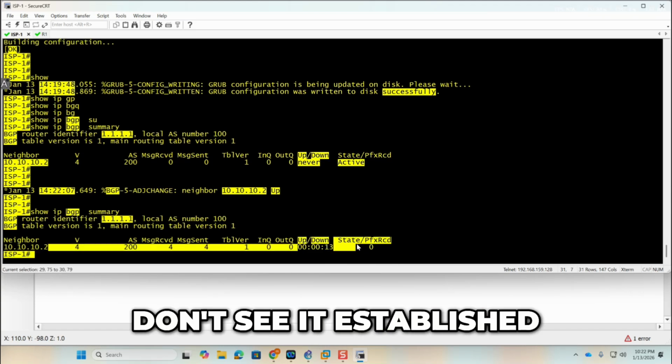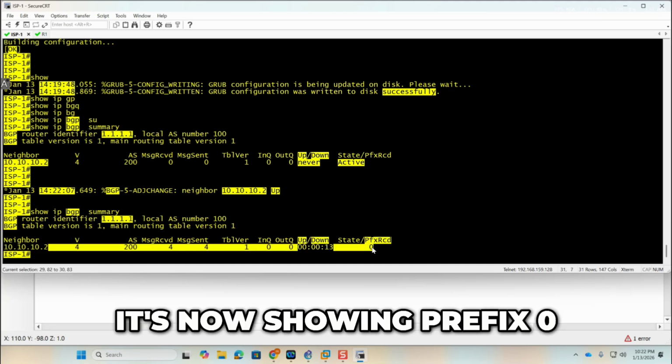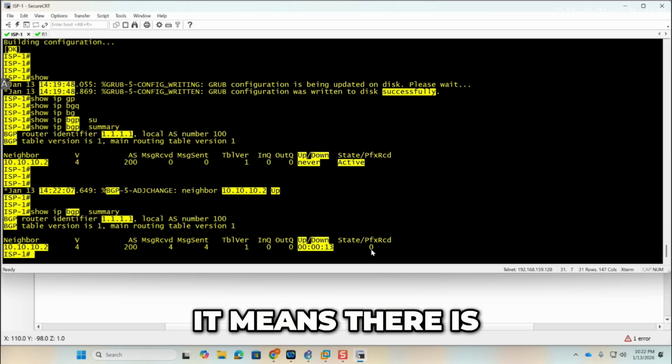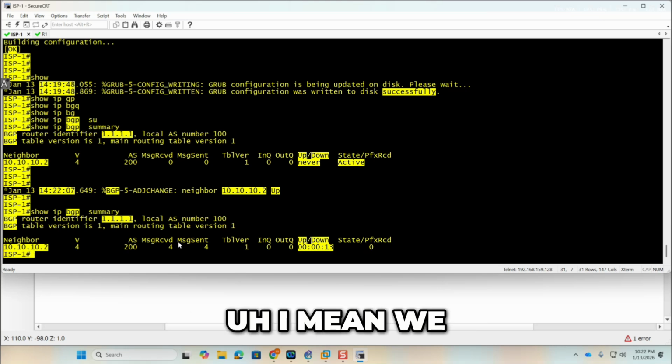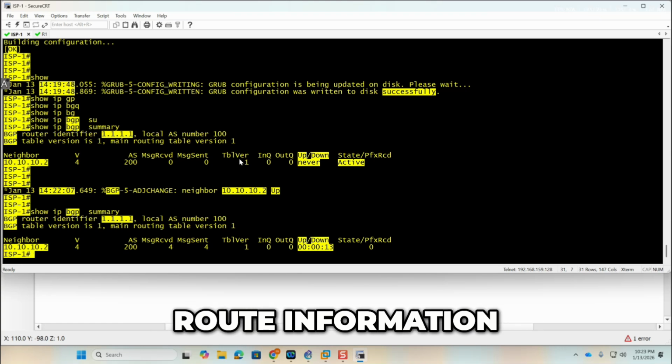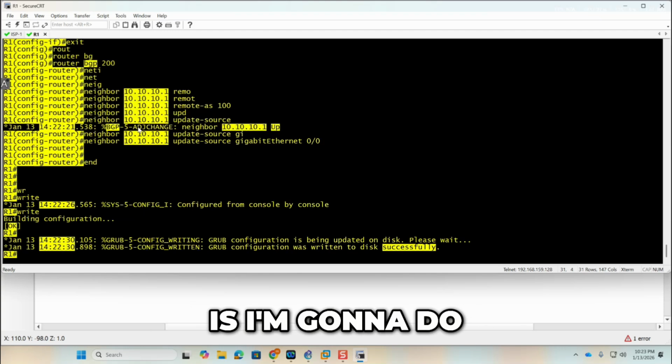We don't see the word Established, but it's now showing prefix 0. So what is prefix received, PfxRcd? It means we are neighbors, but we are not exchanging any route information to reach anywhere. So what I'm going to do here is